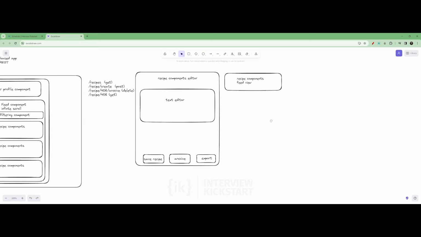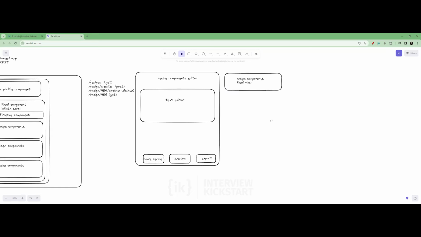I'm not sure if I want to have this here yet, to be honest with you. I was thinking maybe this could be something that we could implement in the infinite scroll and then pass to the recipe component view as a prop. But I think I'd be able to decide that later. So in terms of the recipe component, I think I will definitely have two views for this component. What would be the component editor view, and the component editor that would allow us to